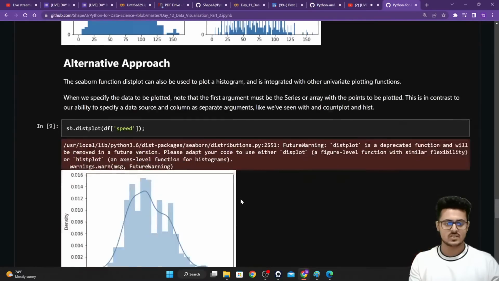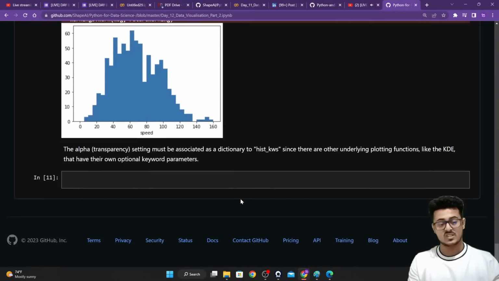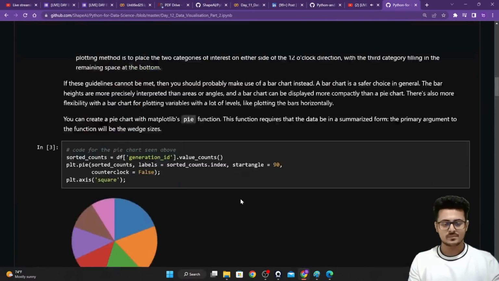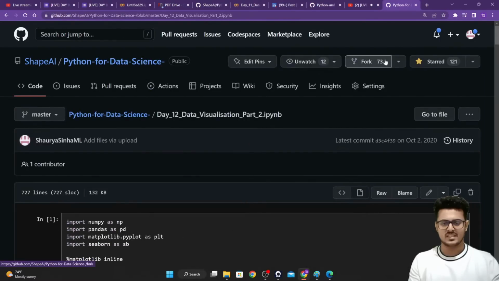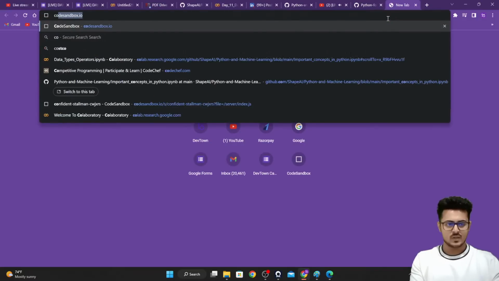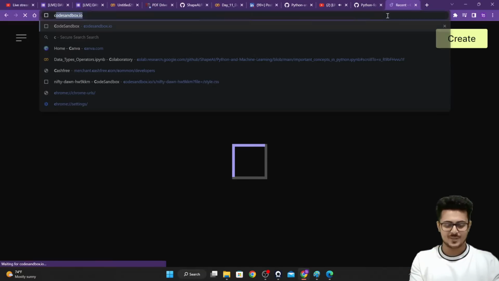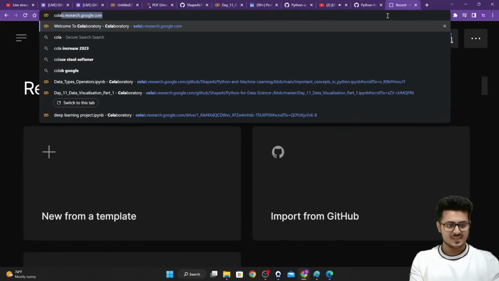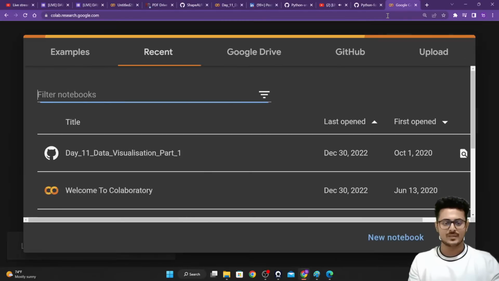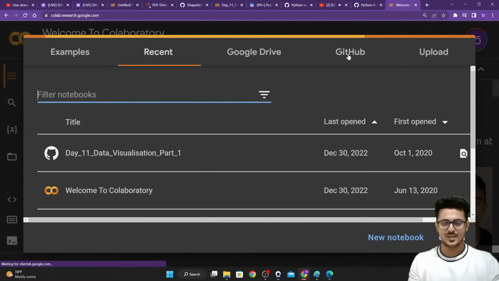As you're able to see, you're going to see histograms, pie charts and everything today, and some other things as well. It will be very simple for us. Later on, what we want to do is open up Colab. Oh, not Code Sandbox, Colab, sorry. This is what happens when you're switching between web development and data science. So opening Colab, I was opening up Code Sandbox.